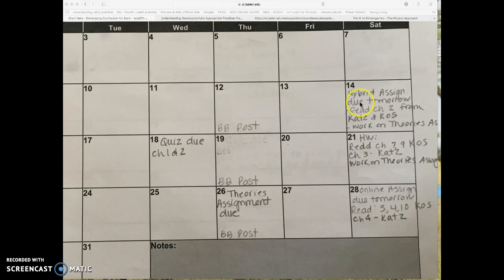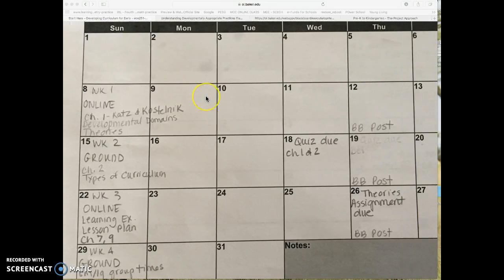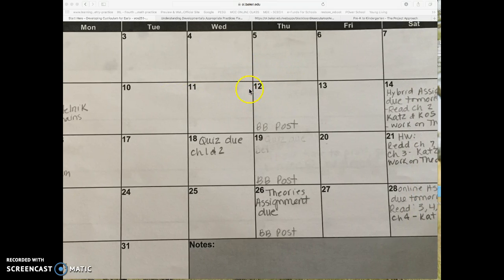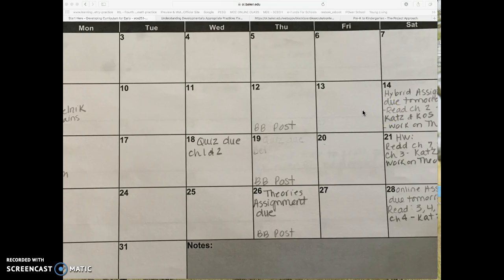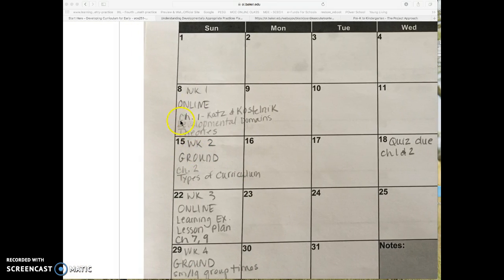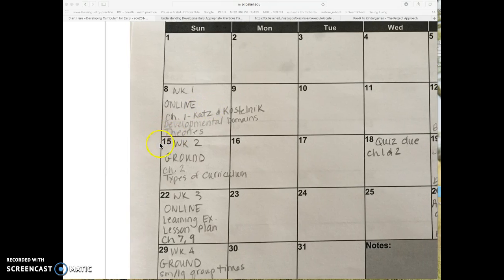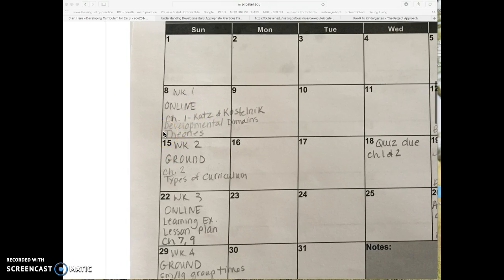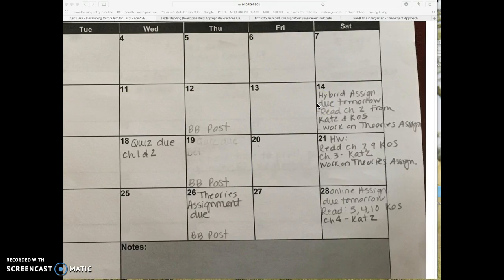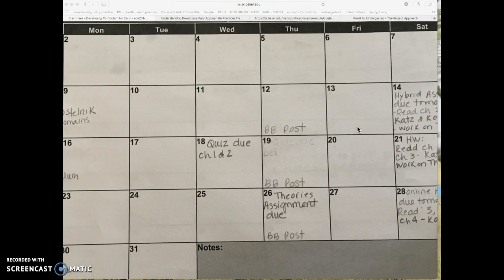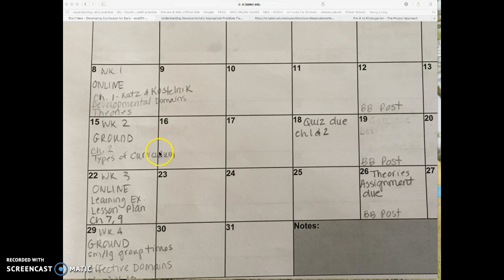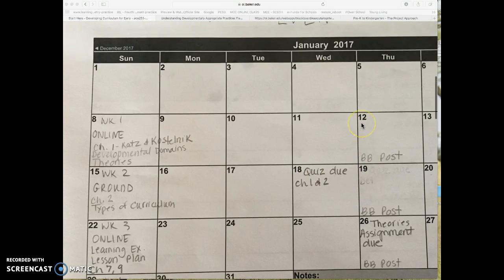And then when you have hybrid assignments due, so this week's assignments for our first week, even though we supposedly only have class on Thursday, all of those assignments online are going to be due on Sunday night. So all of week 1's work is going to be due on Sunday the 15th by 10 p.m. On the Saturday column, I usually put what's coming up. So you know by next Thursday you need to read chapter 2 from both of your books and work on your theories assignment. If you look forward to week 2 here, before we meet in class on Thursday the 19th,